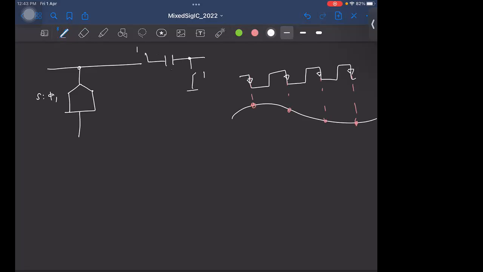And as we saw, we'll have multiple branches like this, and each of them will sample during the same phase, right? And this depends on how many bits you have here. If this is 3 bits, you have 8 branches, right? Is that okay? So now remember that this phi 1, phi 2 clocks, they are all generated on chip, and